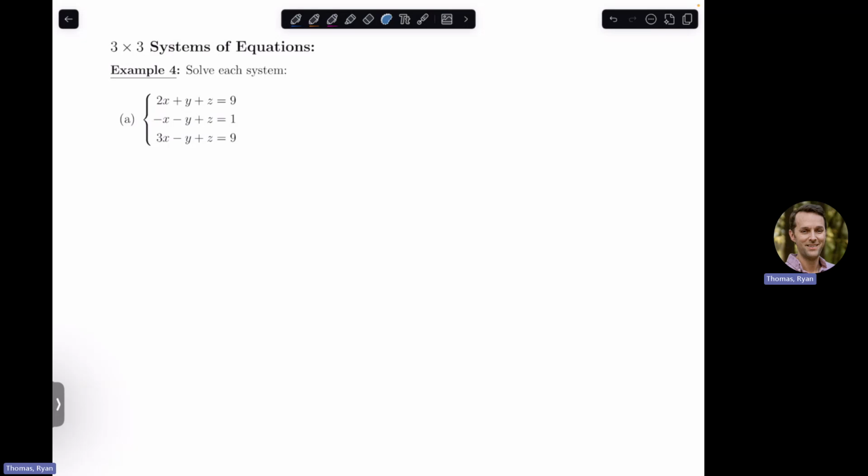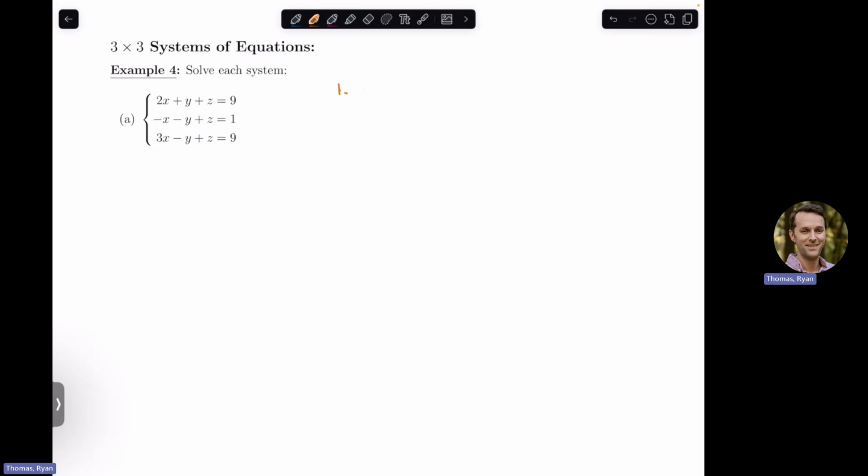And then, of course, if you go any higher than that in dimension, you kind of lose the graphical thing altogether. But solving large systems like this can be useful in some applications, so we still need to be able to do it. Now, the main things I'm going to say are